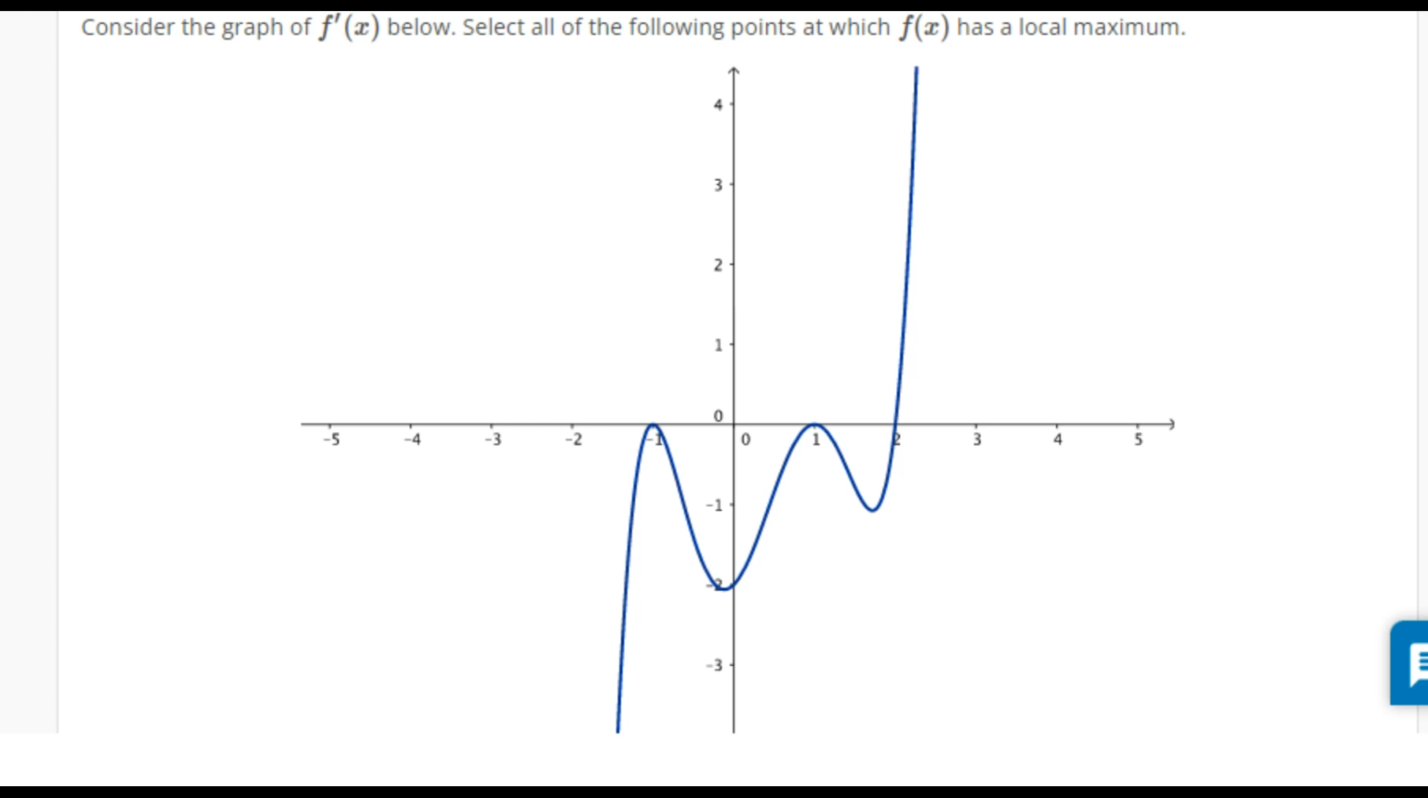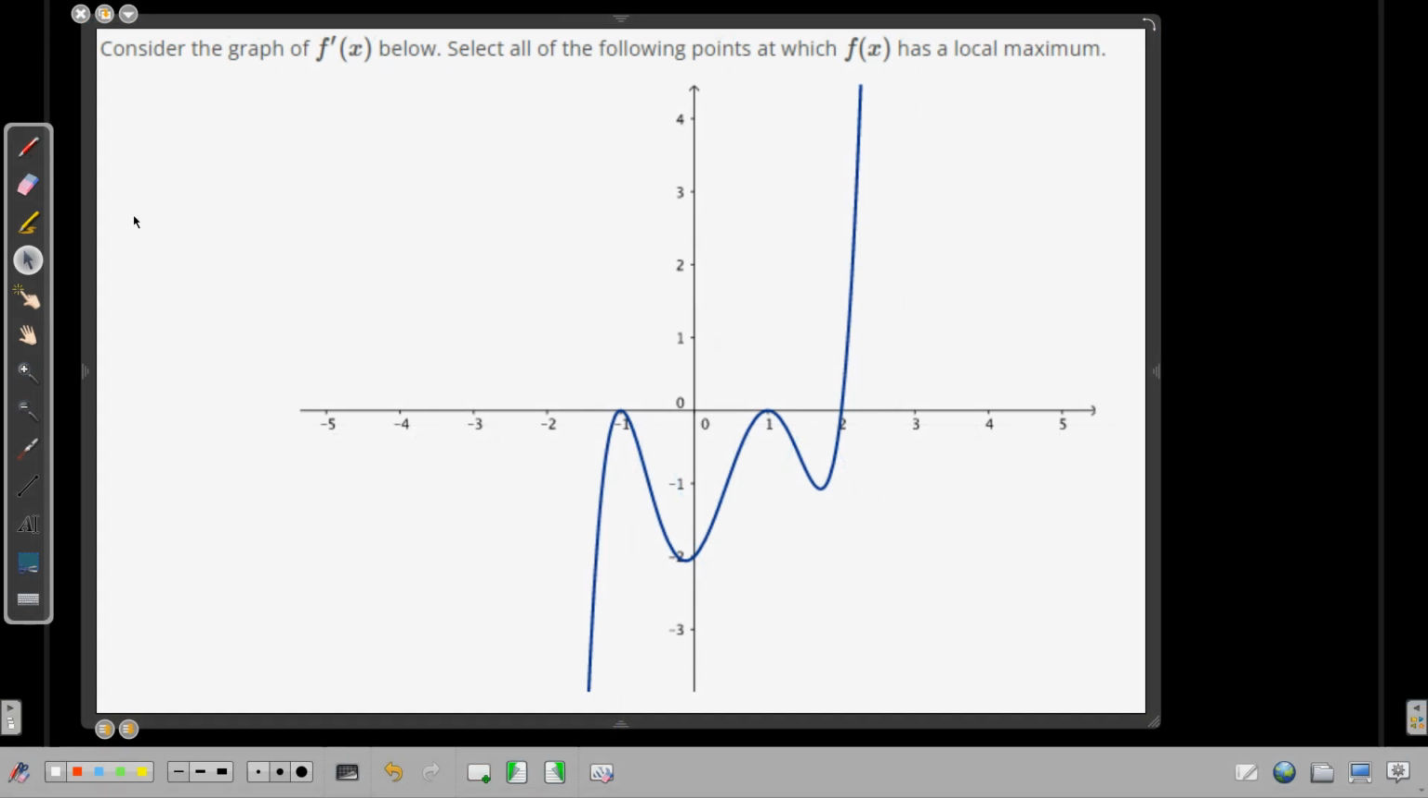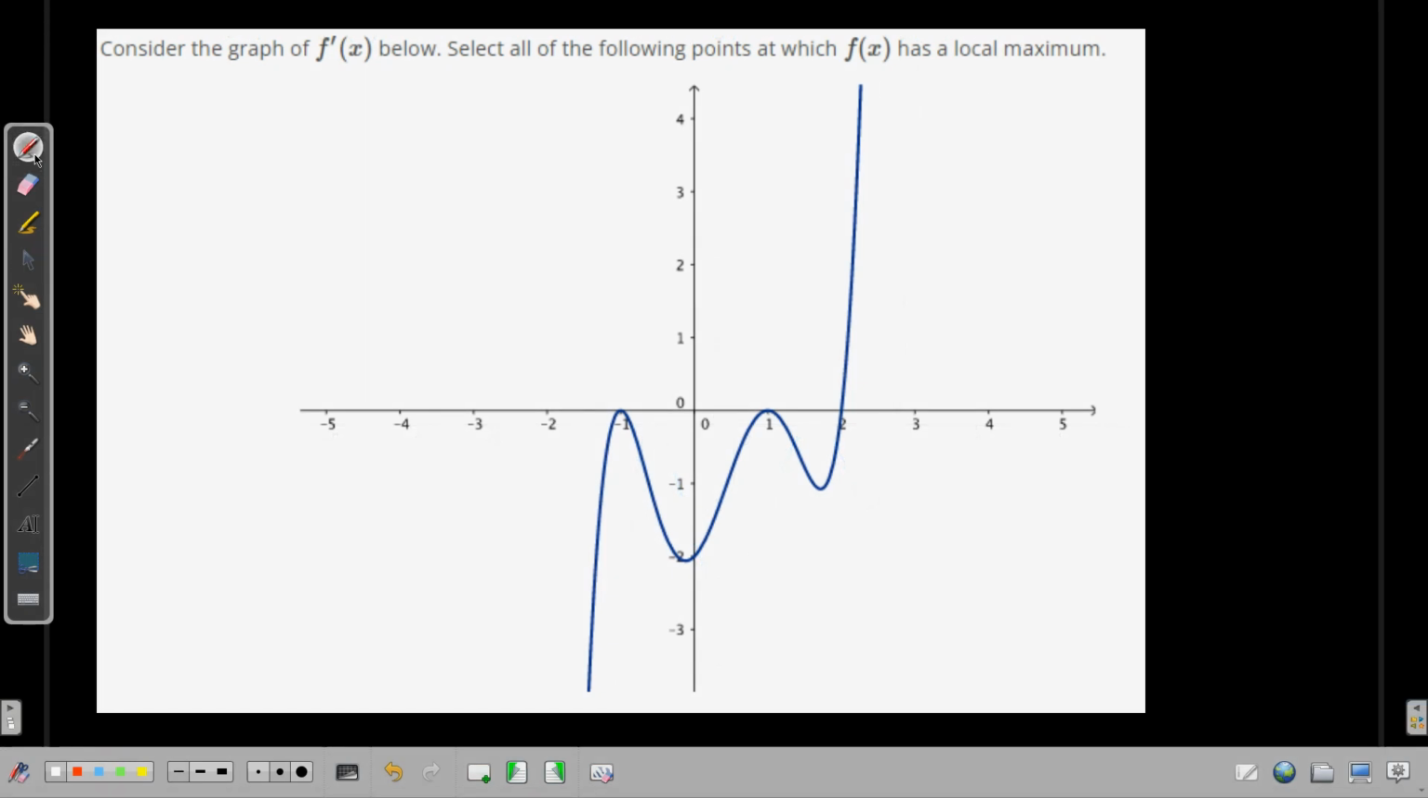All right, here's a graph. And they want us to consider this graph and select all the points at which it has. So this is the graph of f prime. And they want us to find all the points where f has a local maximum. Okay, so if f is going to have a local maximum,